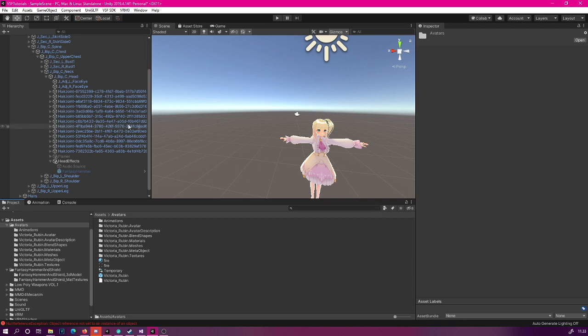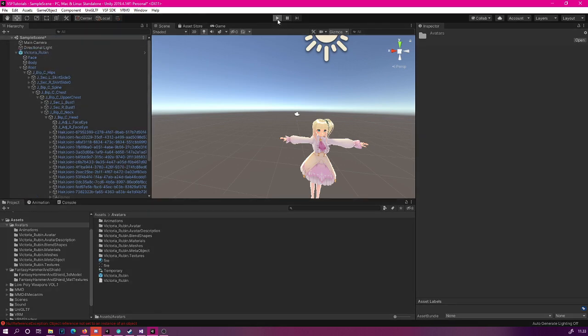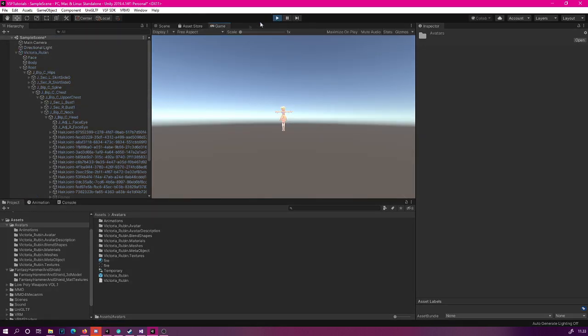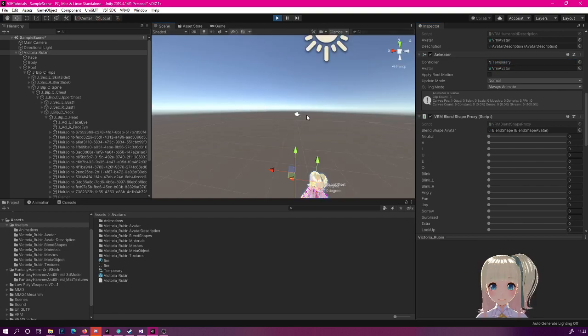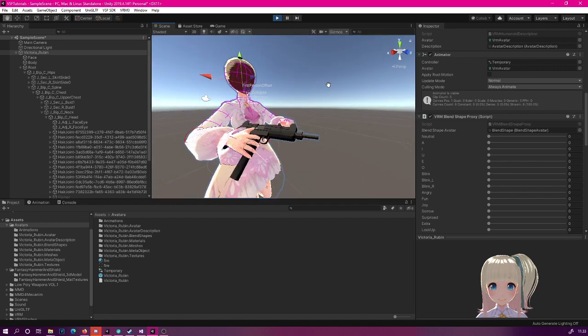Now what we want to do is click the play button, select your model, and scroll down a little bit until you find the animator controller slot here. Now we're going to drag in the temporary controller, and then swap to the scene mode again to see our model. Next we need to create a new animation clip.